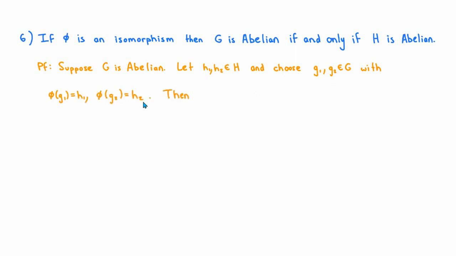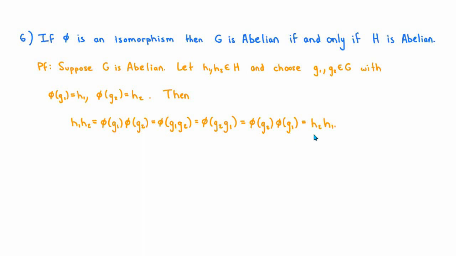Now think about what happens when we multiply together H1 times H2. H1 is phi of G1 and H2 is phi of G2, but since phi is a homomorphism, this is the same as phi of G1 times G2. And now I already know that G is abelian, so G1 times G2 is the same as G2 times G1. And now I can unravel these steps in the opposite order, first using the fact that phi is a homomorphism to write this as phi of G2 times phi of G1,